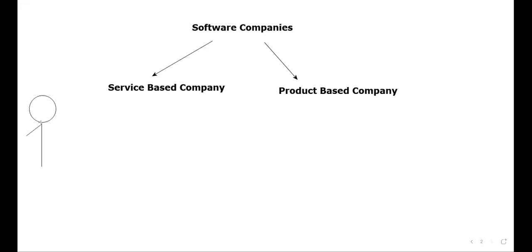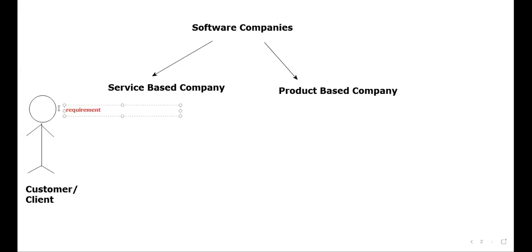As I'm telling, I'm very bad at drawing diagrams, so please forgive me if there is any mistake in the diagram. Now observe properly. He is the person whose name happens to be customer, or I can just call him client, whoever it may be. This customer or client will provide the requirement for the service-based company. This happens to be the requirement.